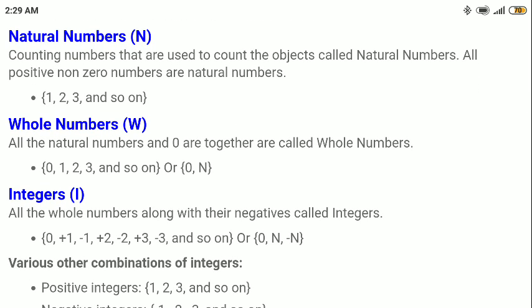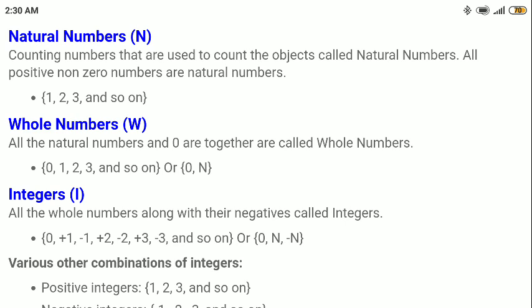So let us start with natural numbers, which is also represented by N for natural. Since the beginning, people started counting things whatever they possessed. So it is like counting numbers. The numbers which are used for counting since the beginning, that is how we call them natural numbers. They naturally came to us, and they were used in counting. That is why we say them as natural numbers.